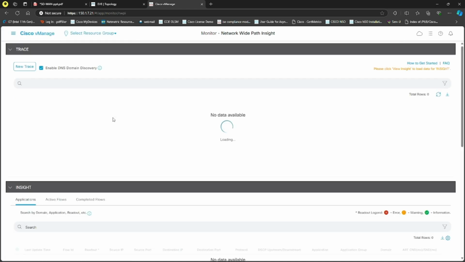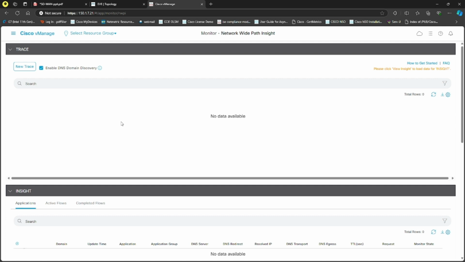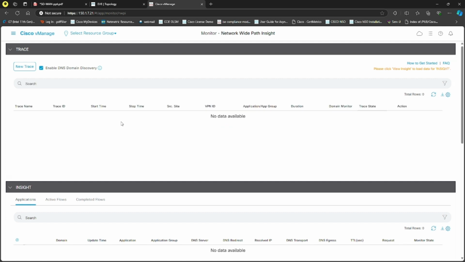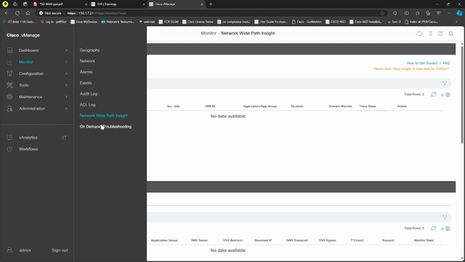Network wide path insight, that again makes sense when all the branches have been deployed and the data has started to generate, but now we don't have anything. On-demand troubleshooting, don't worry. Configuration, again, this is where we will try to add the devices, validate or invalidate the certificate,